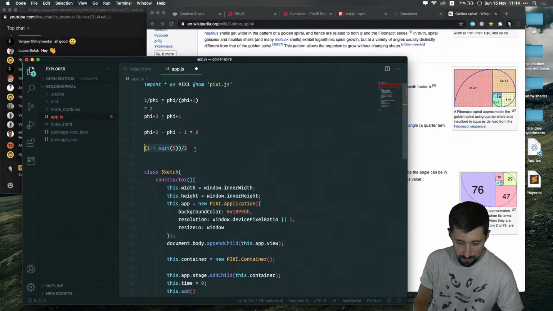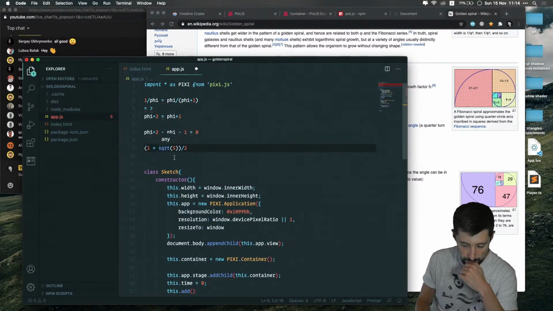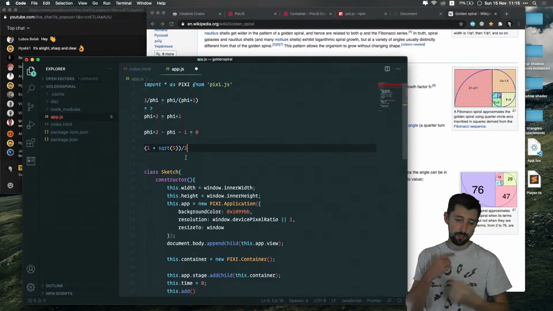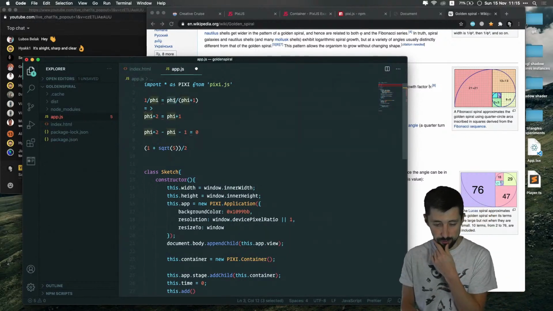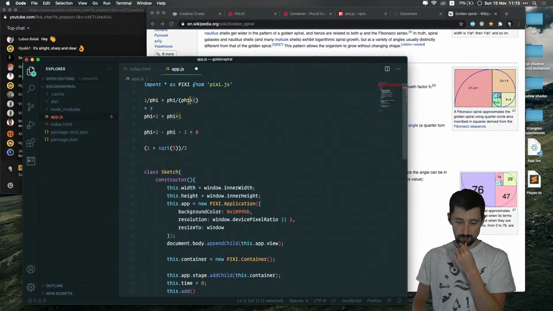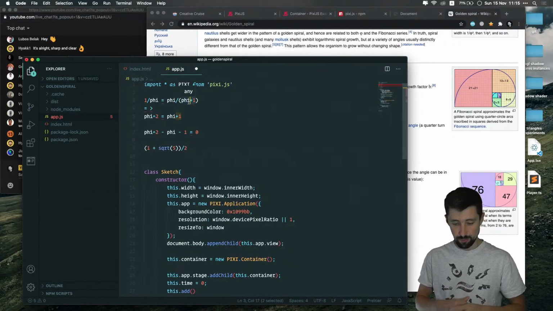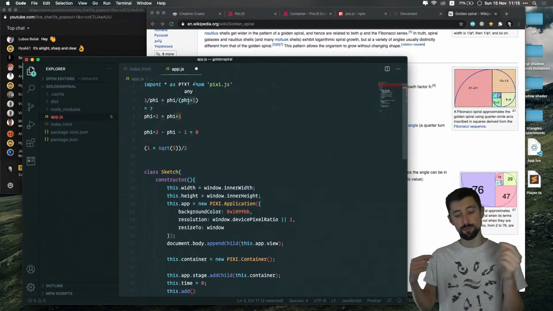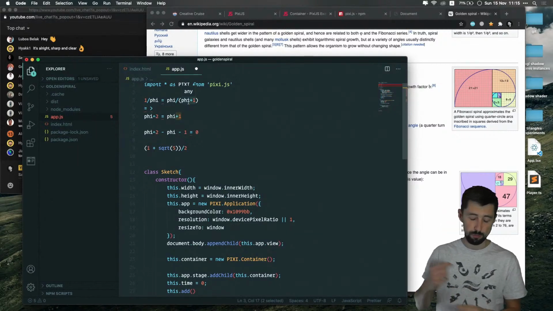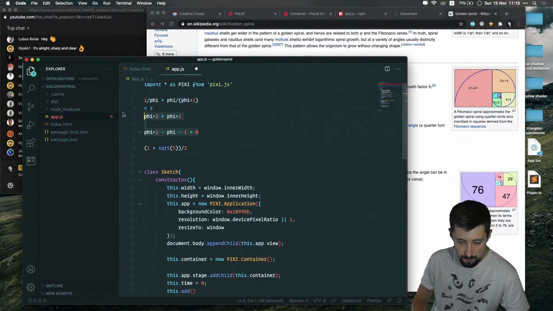And the funny thing also, if I subtract 1 from this, I will still get the golden ratio, because if you're using this number and adding 1 to it, the proportion stays the same. It's just that it was 1 to phi, and then it becomes phi to phi plus 1, or in this case, minus 1. Yeah, so